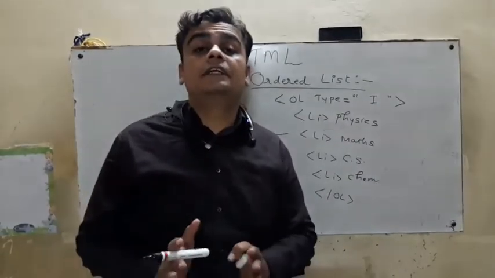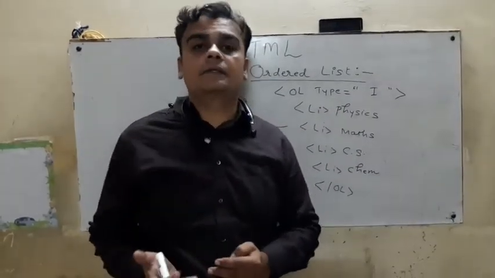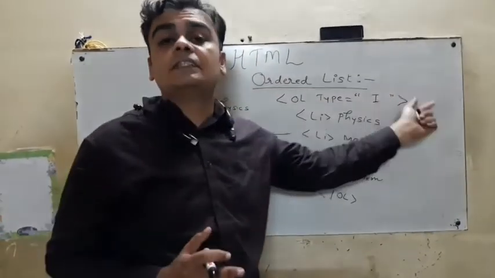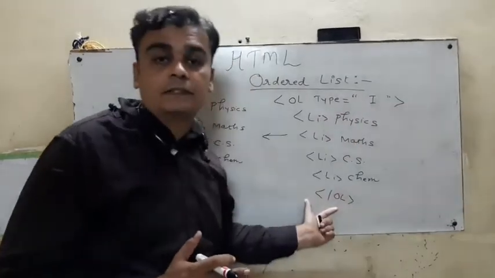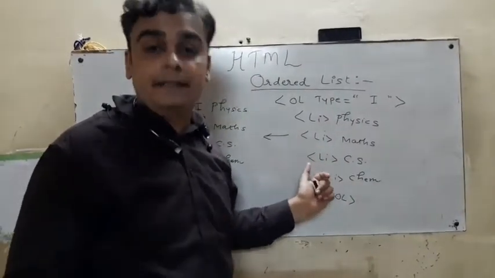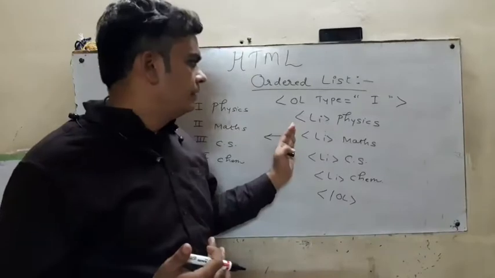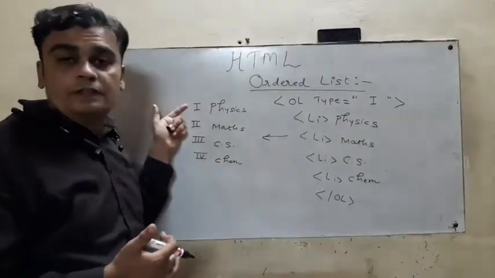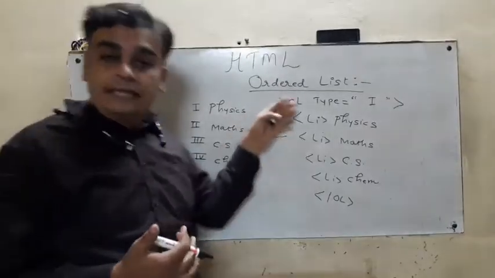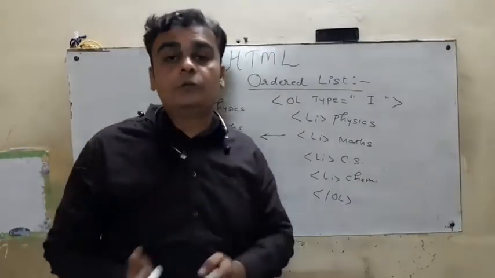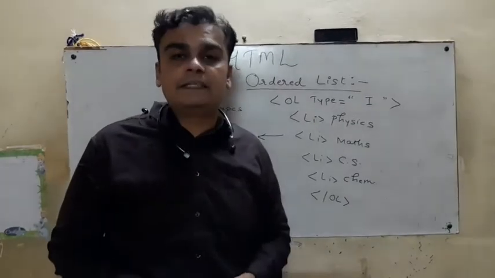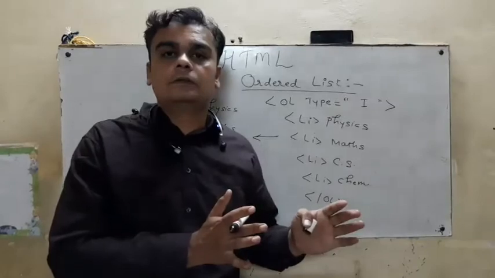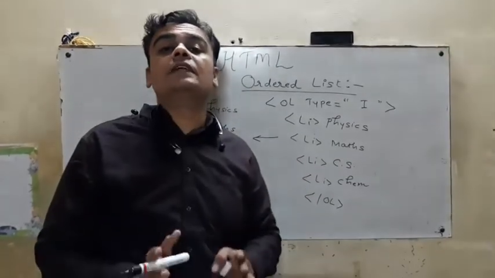Guys, we are going to study the second characteristic, start. OL consists of 2 different characteristics, type and the second one is start. Type we have already discussed. Now we are going to see how the start attribute is used. Generally, if I am using the type attribute, it will start from the first: 1 2 3 4, or A B C D, or Roman I II III IV. In this way we can represent the elements. But if I want to start the elements from a particular number, then I use the start attribute.